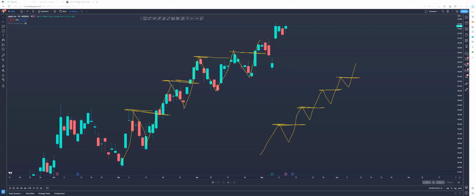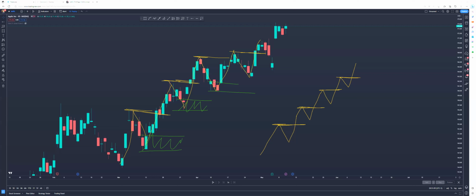Now, how do we know this is still in the uptrend? Well, let's go back to this tool, okay? Look. When we pull back, did it break below here? No. So it's still an uptrend. So boom. When we pull back here, did it break below here? No, it's still an uptrend.